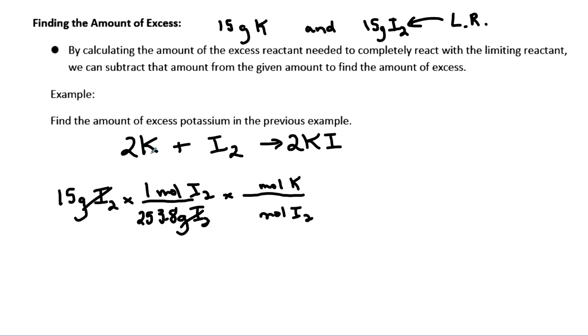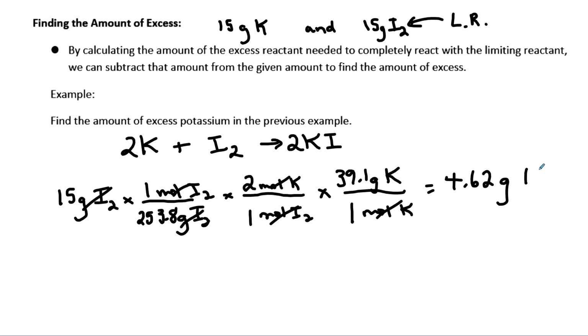So how much of this potassium actually reacted with the iodine? I'll use the mole ratio 2 to 1. And then finally, I'm going to go to grams: moles of potassium on the bottom, grams of potassium on the top, and the molar mass of potassium is 39.1. So if I divide by 253.8, multiply by 2, and then multiply by 39.1, I get